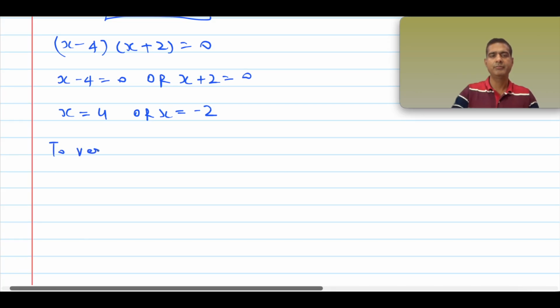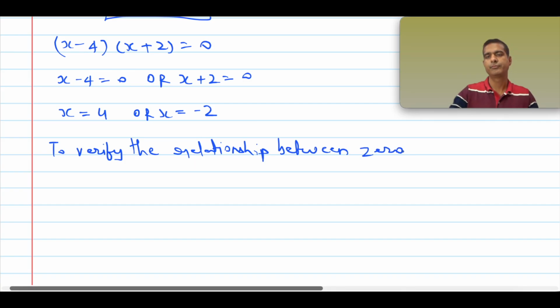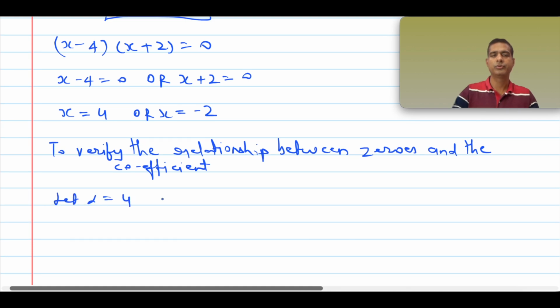So to verify the relationship between zeros and the coefficients, we know, let alpha is equal to 4 and beta is equal to negative 2. So the sum of the roots alpha plus beta will be 4 plus negative 2, which is equal to 2, and